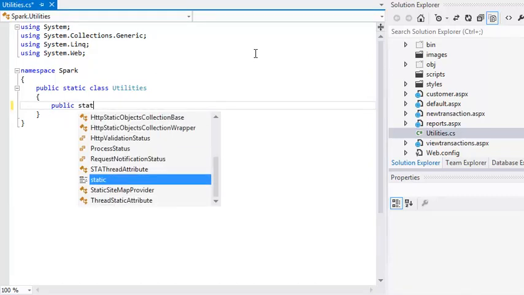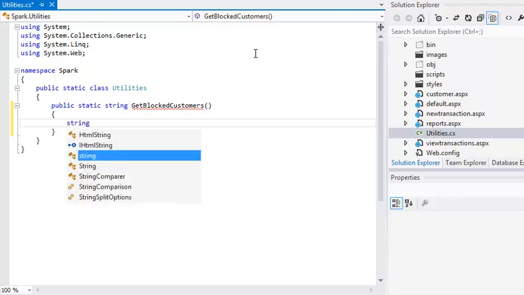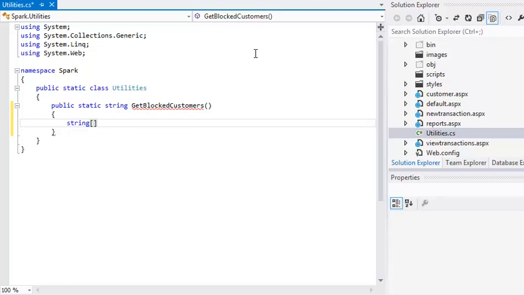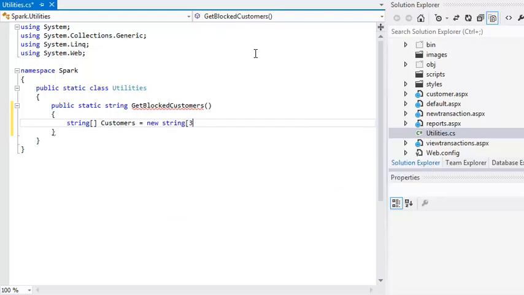Public static string GetBlockedCustomers. When complete, this method will return a list of blocked customer ID numbers as an array. Create a string array inside the method using the following code. string[] customers = new string[3];